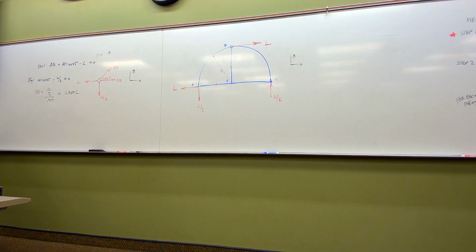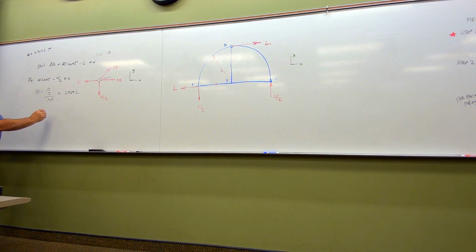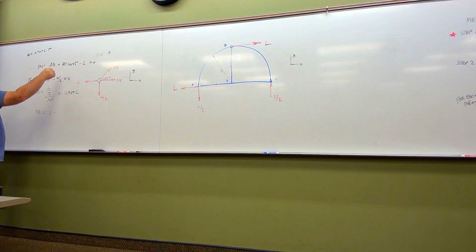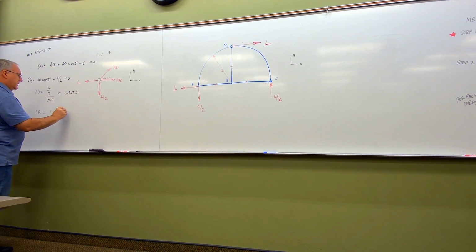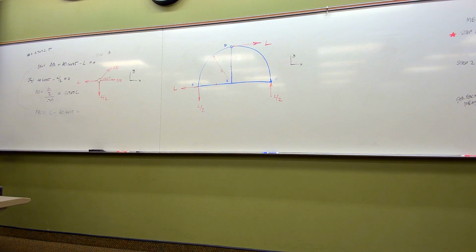So it came out positive, tells us that it is in fact in tension. So AD is equal to 0.707 times L in tension. Got that. Now here we can solve for AB. So with this one here, AB is going to be equal to L minus AD cosine 45. And folks, if we plug that all in and crank that all out, we're going to end up with